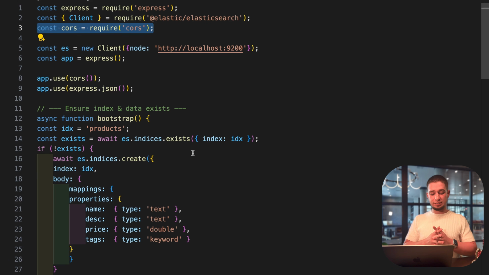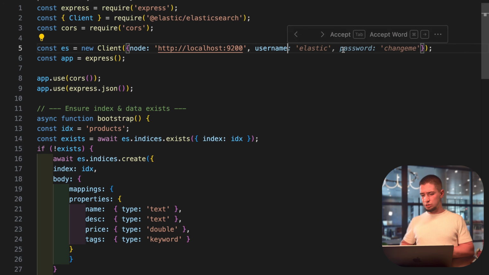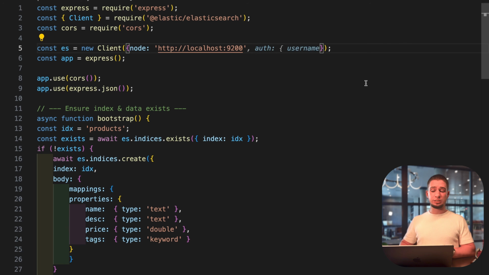So we should just define that this thing should be able to connect to us, but when we're just importing that, it's much easier for us to handle. So we're just creating our client, and it is based on one node that is on localhost 9200, and that's what we have. We can write additional things here. For example, remember username and password, you can check it here, but we won't write it because we just disabled that.